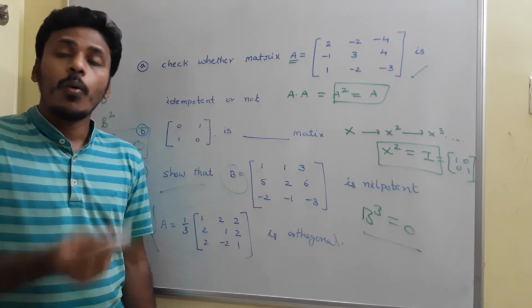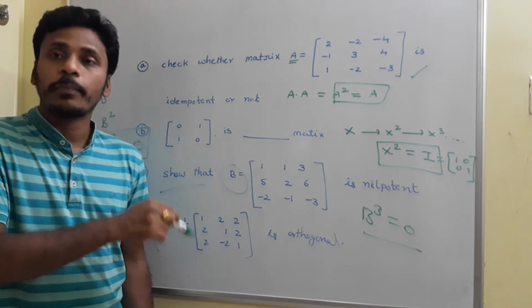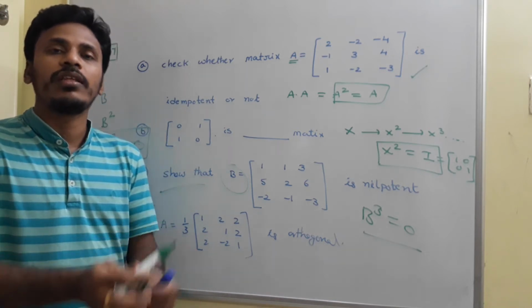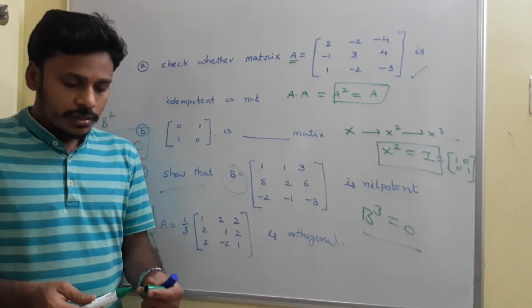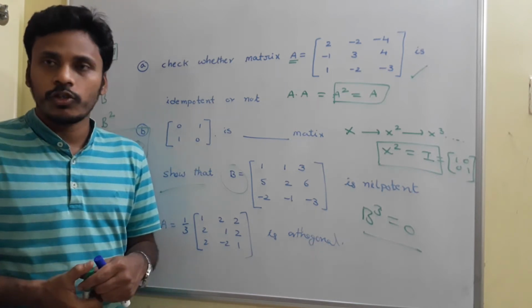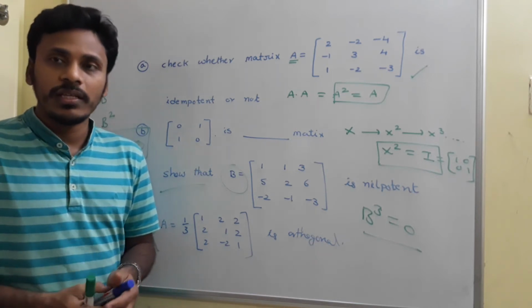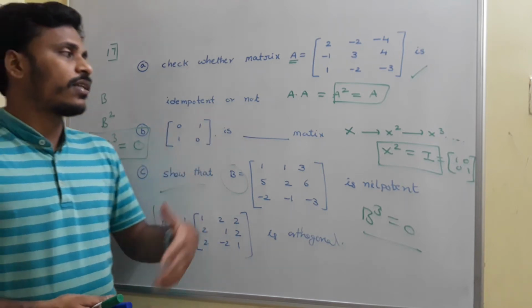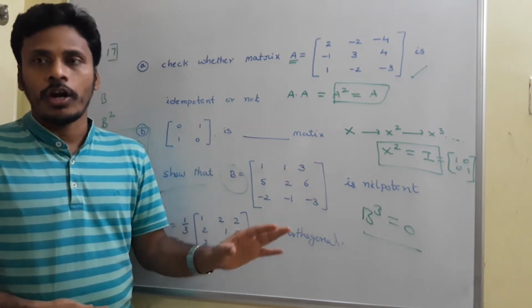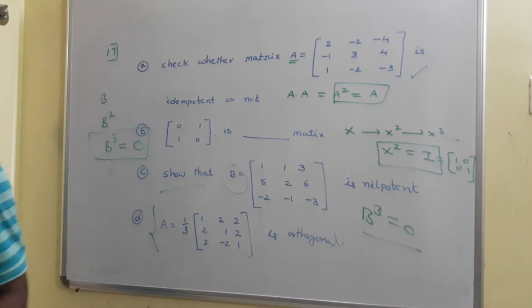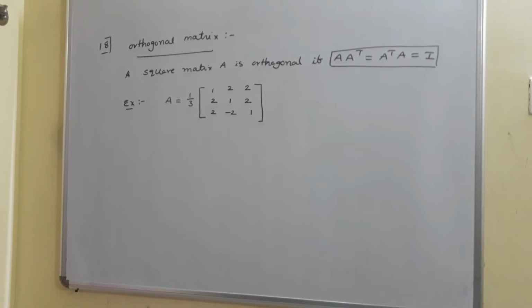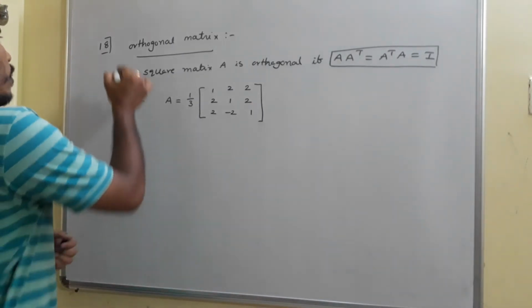So all these problems are related to the types of matrices like idempotent, involutory, nilpotent and orthogonal. To check whether they are of that type or not, you just need to multiply the matrices. Since we are very familiar with the multiplication of matrices, it is now very easy to check. You need to complete all the problems. Just have a look.